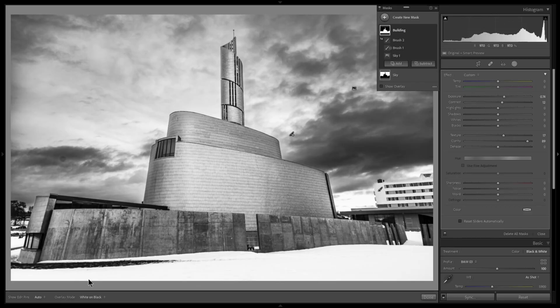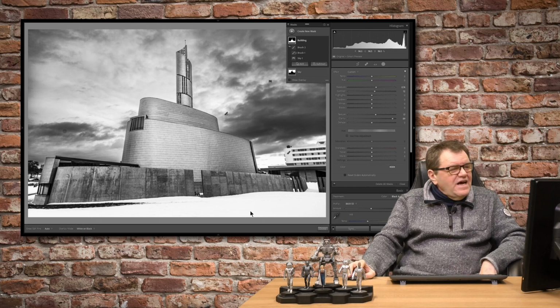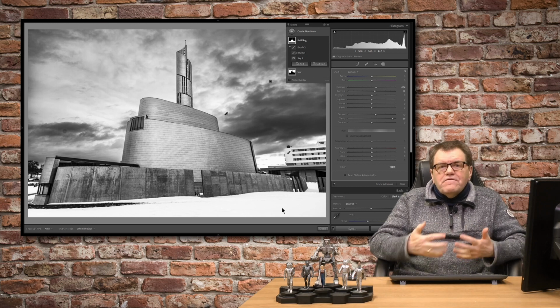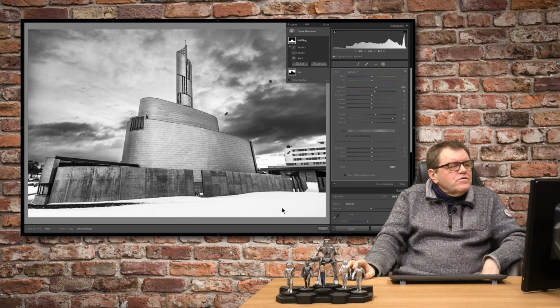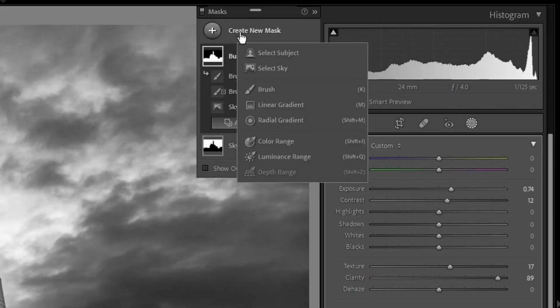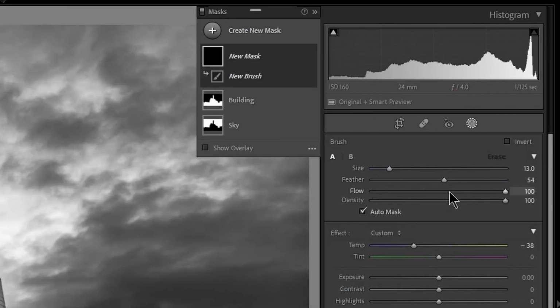But we've got a problem down here. I'd like to see some more detail in the snow. So what I can do now is I can use a different kind of mask. This time I'm going to use a brush mask. So create new mask, brush. And my settings on here, I've got a reasonable size on there. Don't want it too hard, so